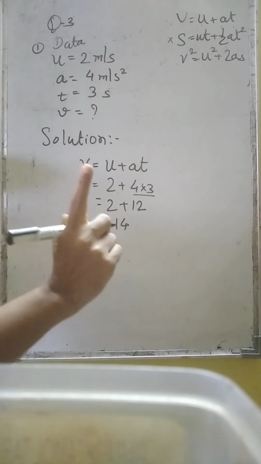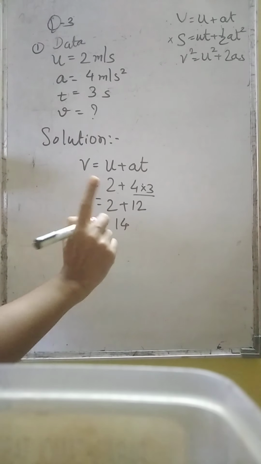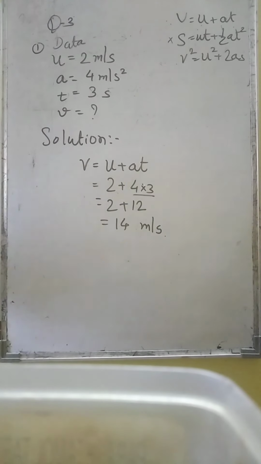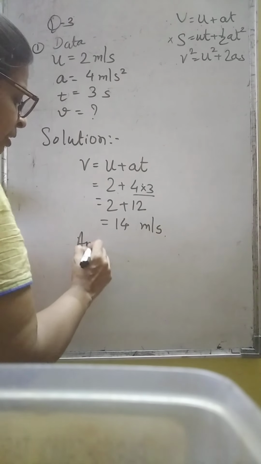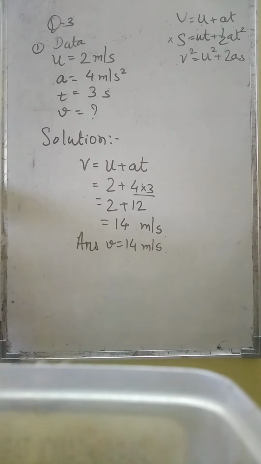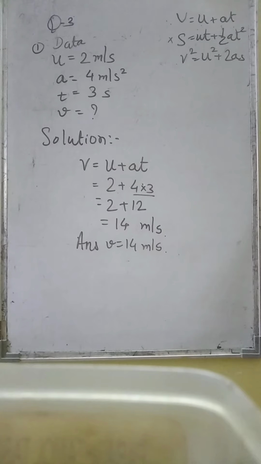See the last page. I had given the last page for all the units, everything, formulas. Meter per second. So your answer V is equal to 14 meter per second. Correct? So this is how systematically you are going to do the sums. We are not going to write down in the table. I hope you are writing along with me as we do in maths. Done?